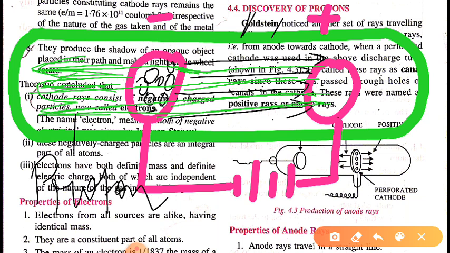After the discovery of these rays, he tried to find out their properties. He observed that anode rays travel in a straight line, as you can see here. Next, he observed that anode rays consist of minute, small particles, and because of the presence of these small particles, these rays